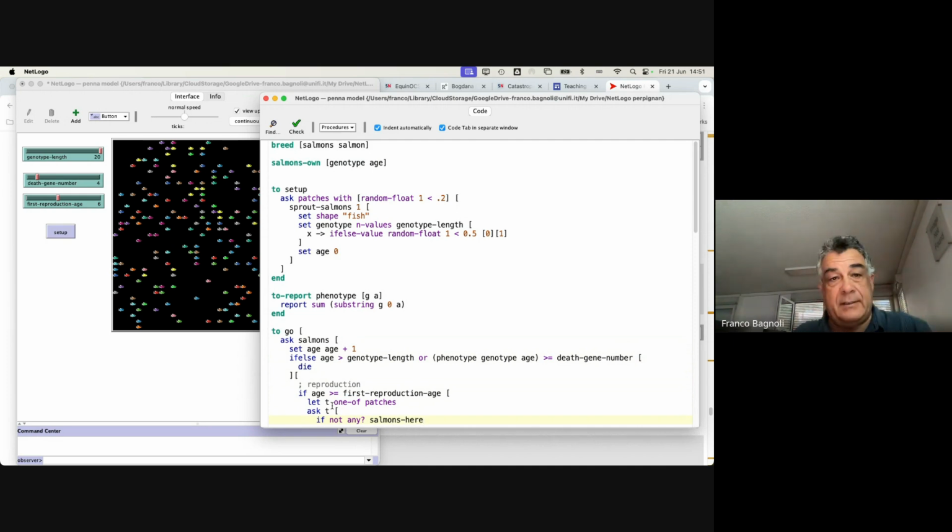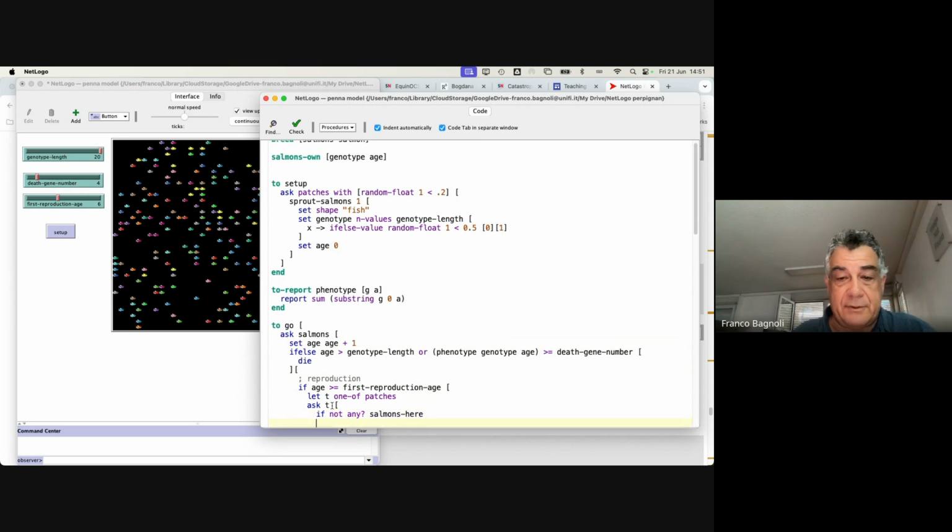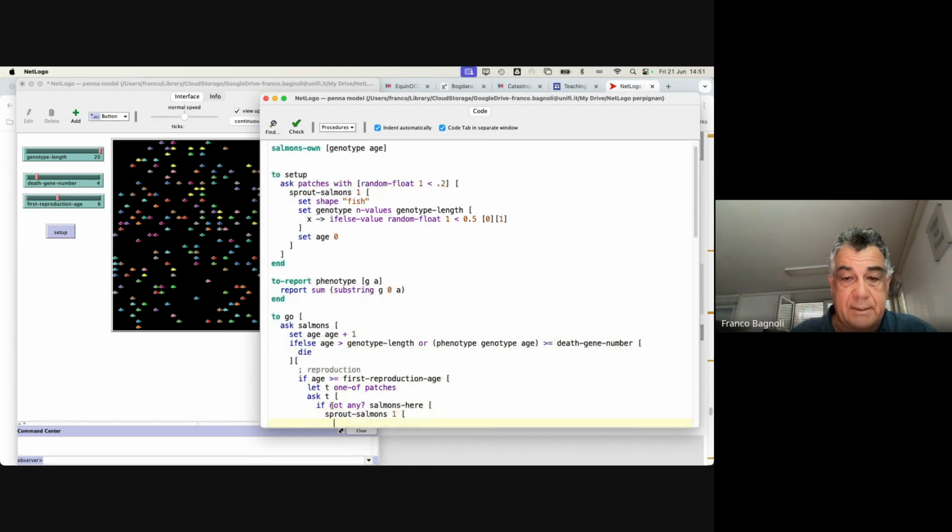This is the fight for space. If there are no salmons here, sprout salmons 1, set shape fish,